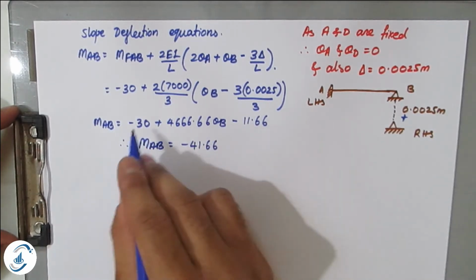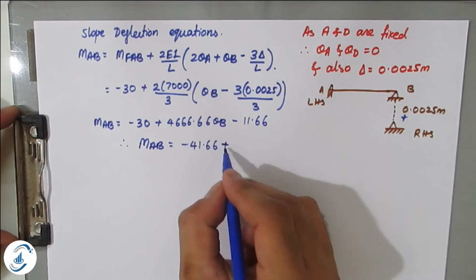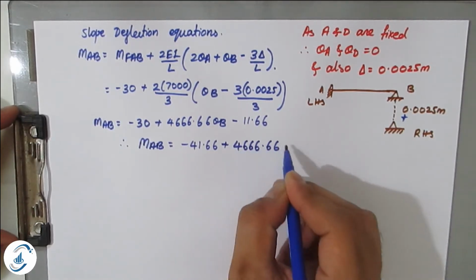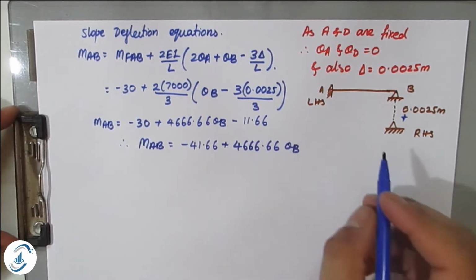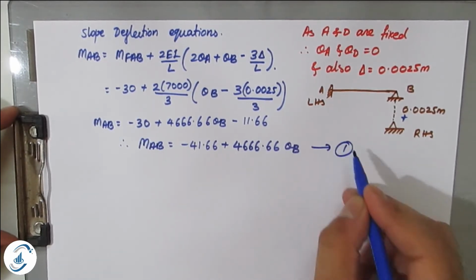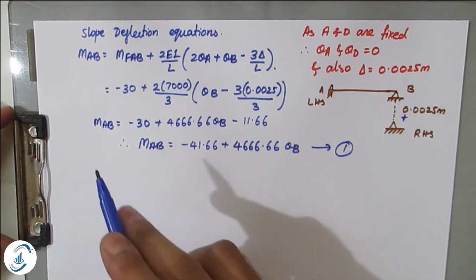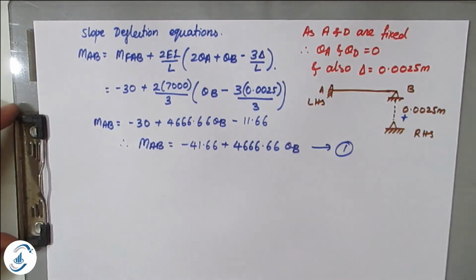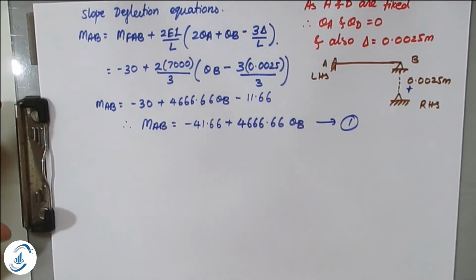So this we have to simplify, plus 4666.66 theta B. So this will be your equation number 1. Like this way, for BA, BC, all those moment equations we have to calculate. So now the next equation,